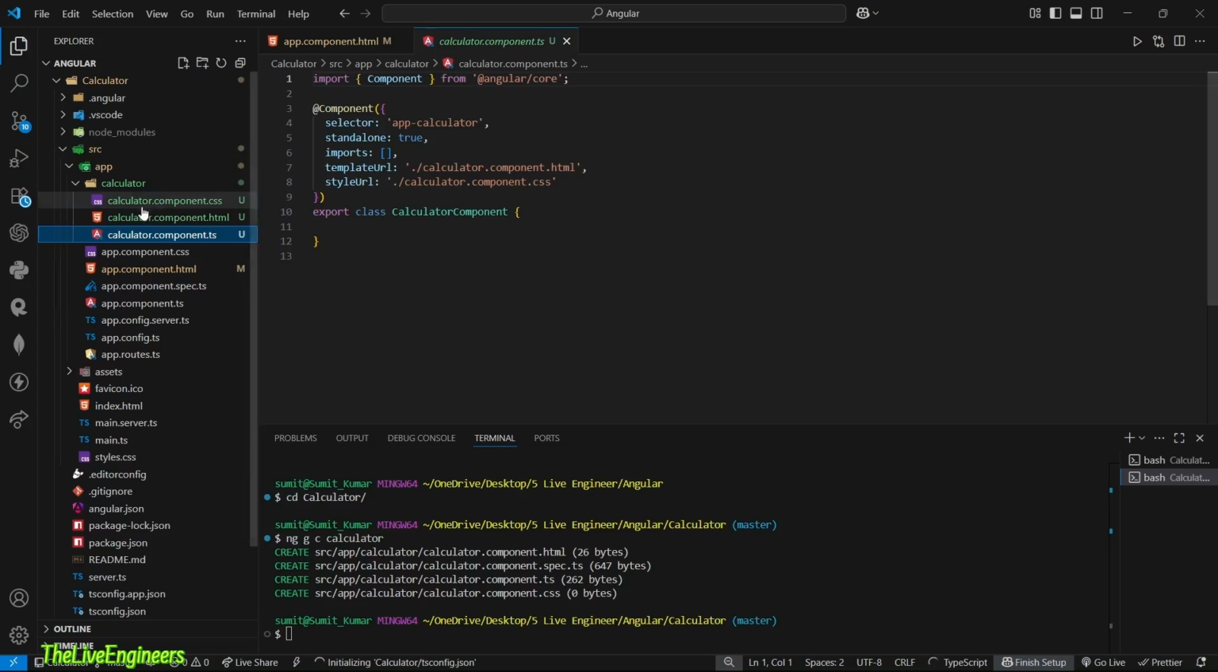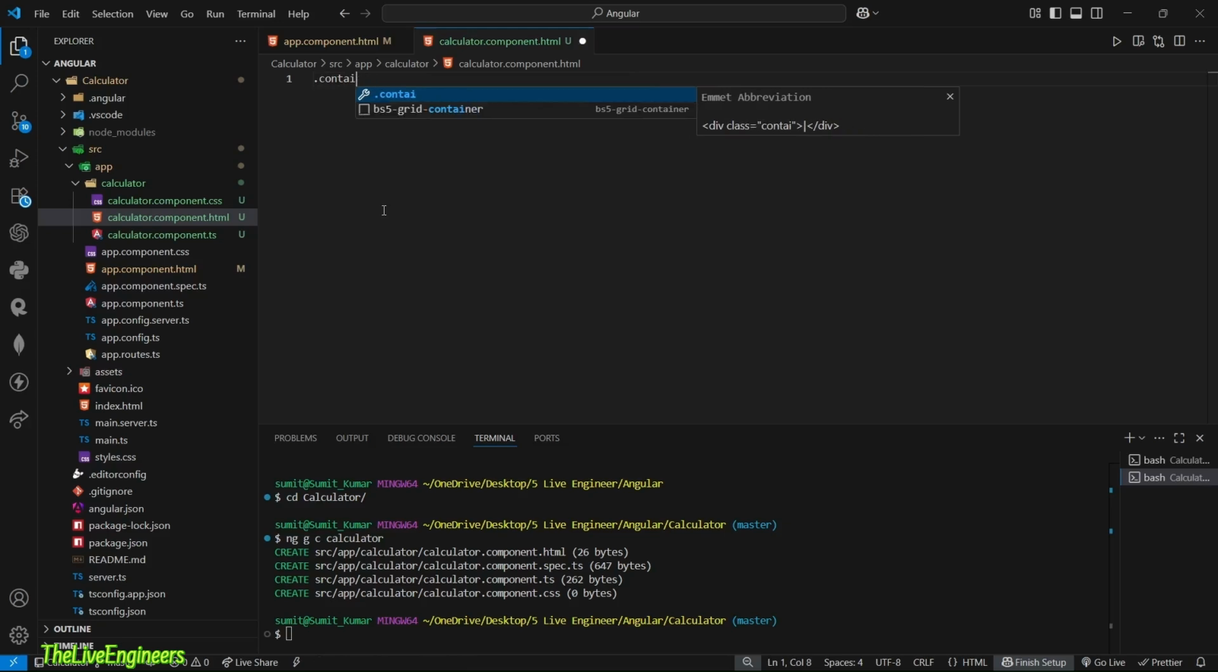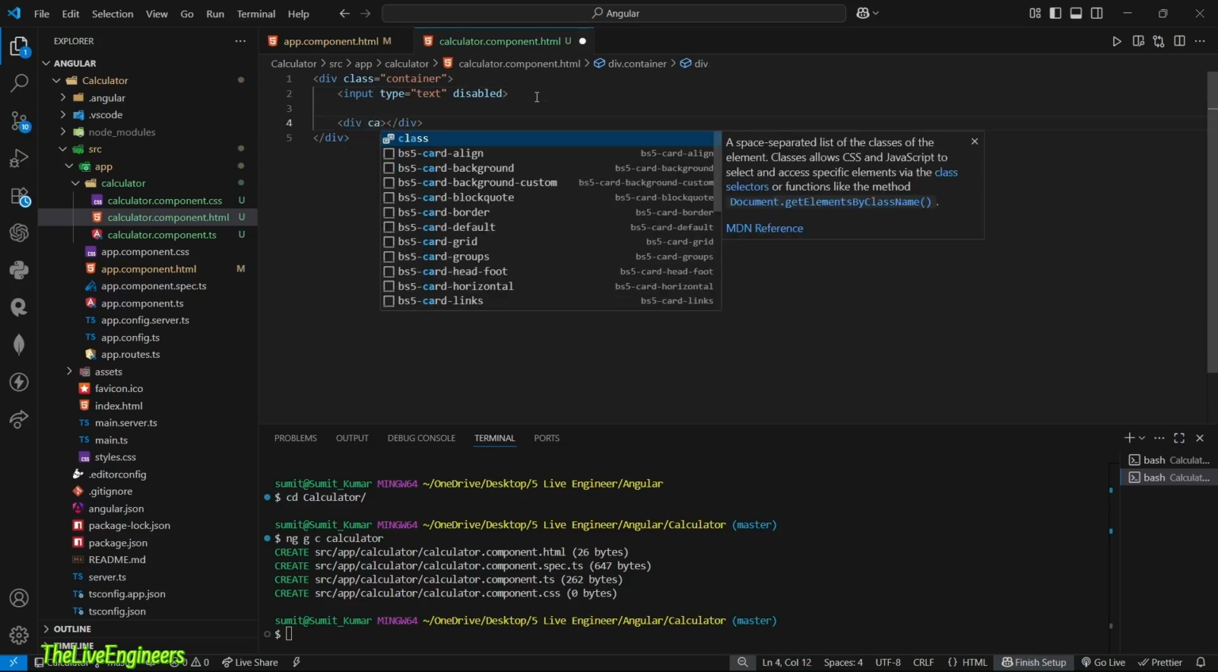Now that we are done with the things, let's begin with our original work. So first we will open this HTML file and we will remove everything. And we will start creating our app. We can start by creating one div with a class name of container. So we will give dot container. Inside it we will create one input field which will be type text, and at the time we will make it disabled. And after this we will create one div again, and we can give it a class as buttons,